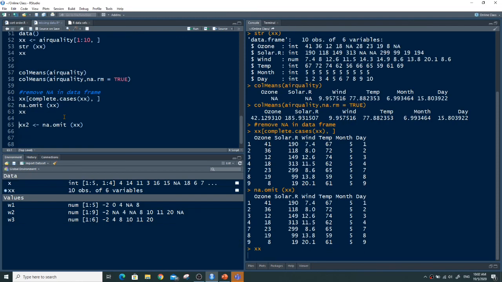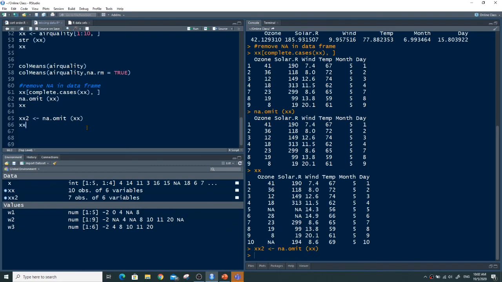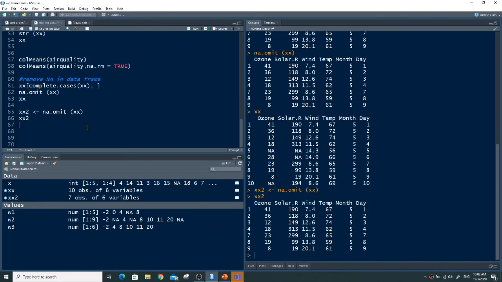Suppose that we call back our X here and NA is still there. Suppose that you want to use this complete data frame, what you can do, again, you have to assign it to another object